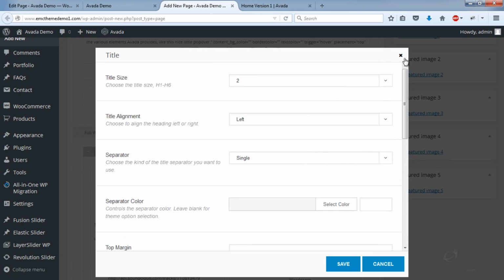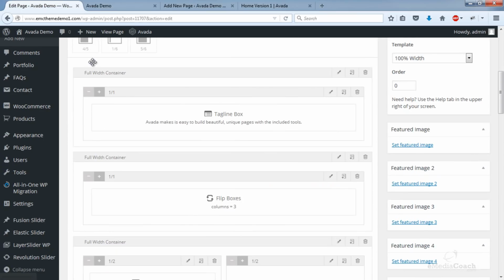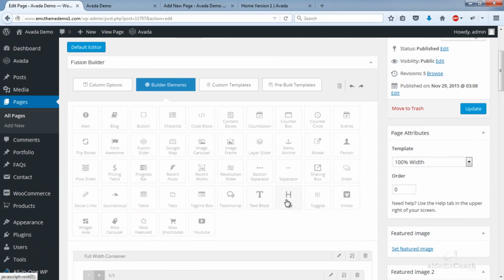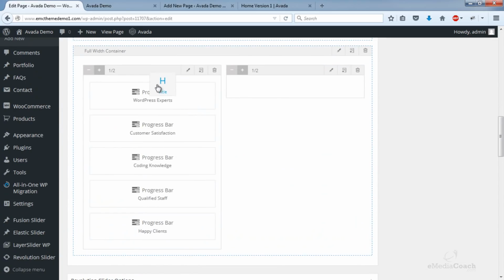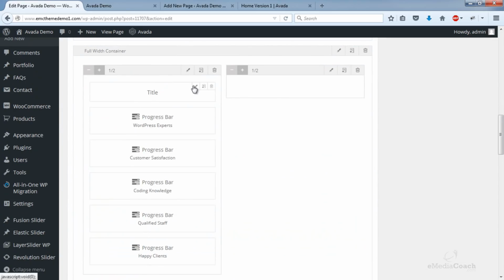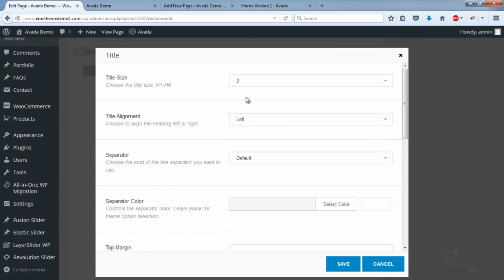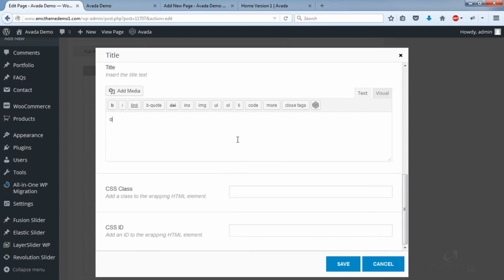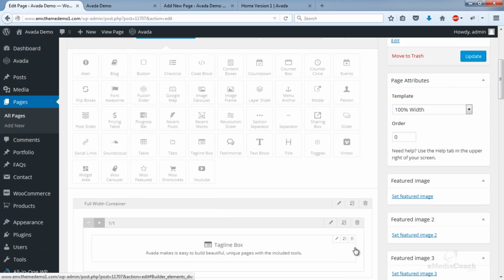Title size, okay. So what I'll do, I'll go in and choose a builder element of title. I'll drag that in here. I'll edit. And then save.